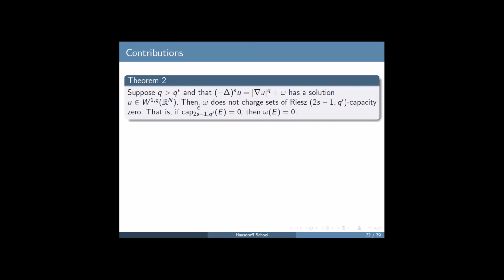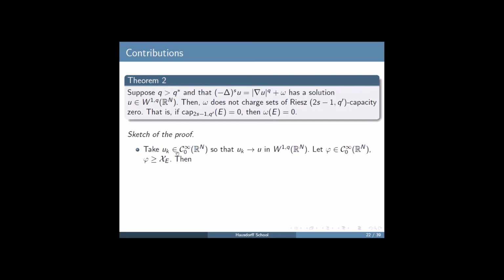Then the measure omega does not charge sets of Riesz capacity of order 2s minus 1 and q prime 0. That is, the measure is absolutely continuous with respect to this Riesz capacity. So it's not the exact result that we wanted, because we wanted the inequality between the measure and the Riesz capacity, but this is something, okay? And in order to give an idea of the proof,